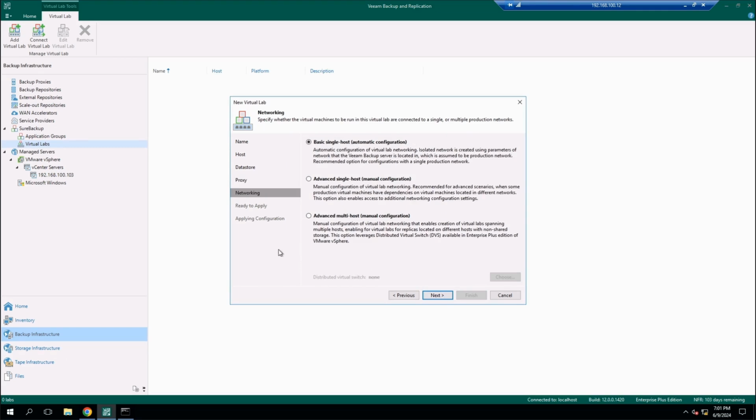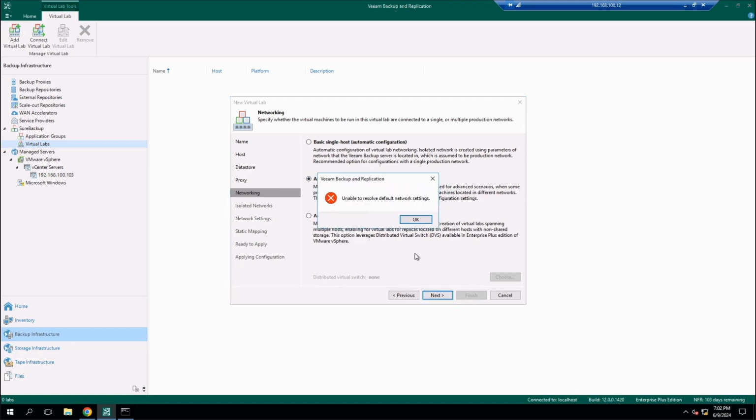We will now configure the upper part of the proxy related to the connection to the isolated network. I recommend using the manual method to really master the configuration, know exactly what you are doing, and perhaps have a bit more ease in troubleshooting in case you encounter network problems. So we will rather be in this configuration, single host. Therefore, if you have standard virtual switches. If you are in a configuration with distributed vSwitches, you will need to select advanced multi-host manual configuration. I do not have distributed virtual switches, so I will position myself in this option of advanced single host manual